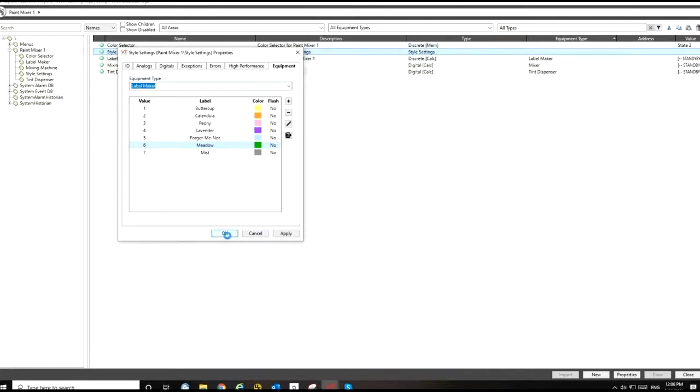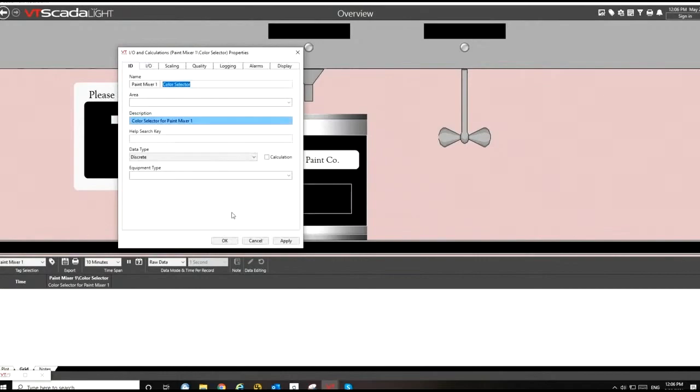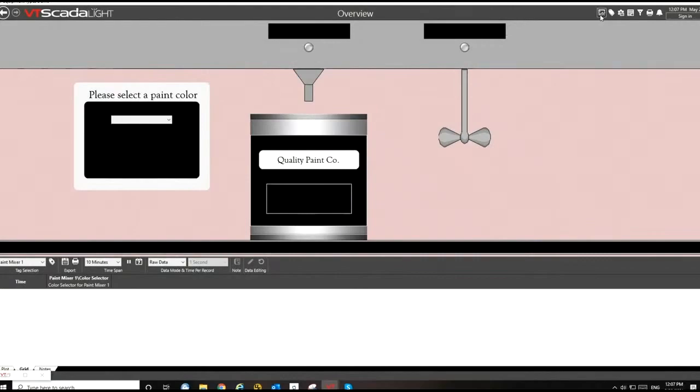So that's great. And now I'm going to show you my screen. Here, this is connected to a color selector. Right now, there are no values in this. I want the paint values in this tag. So I'm going to open up my properties, my IO and calculations properties. Sorry, not display, but you can see we are connected to the style settings tag. I can just select the equipment type label maker, click OK, go to my Idea Studio,